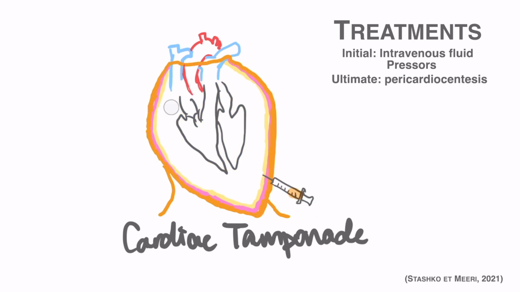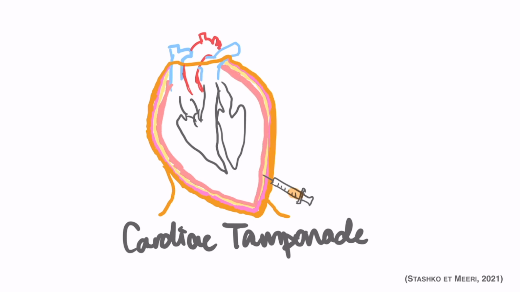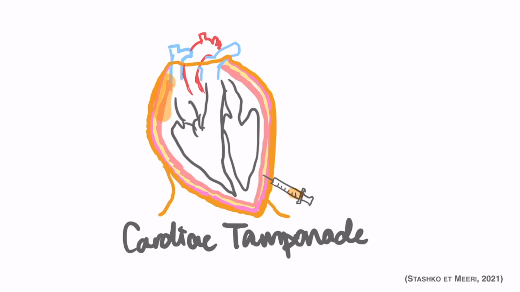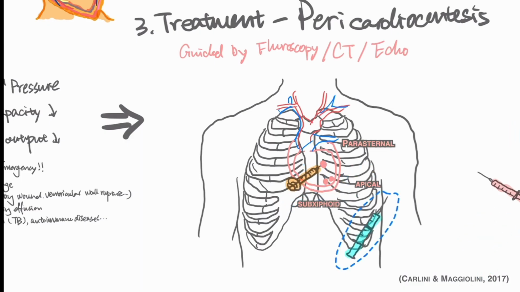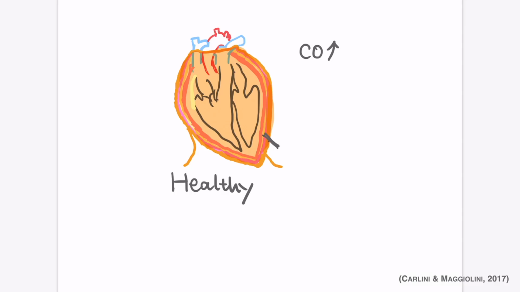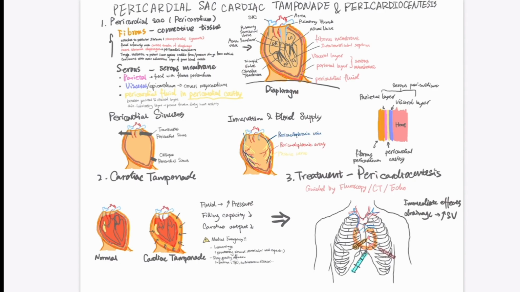However, pericardiocentesis is the ultimate treatment, and immediate result can be seen as fluid is drained from the pericardium until the hemodynamics improve. It is done by inserting a needle into the pericardial cavity to drain out as much fluid as needed via apical, parasternal, or subxiphoid punctures. In some cases, fluid can reaccumulate, and the drain needs to be placed via pericardial window to continuously clear out the fluid. And remember, the ultimate goal is to figure out what's causing the cardiac tamponade and fix the issue as soon as